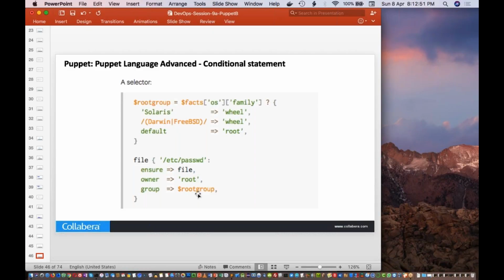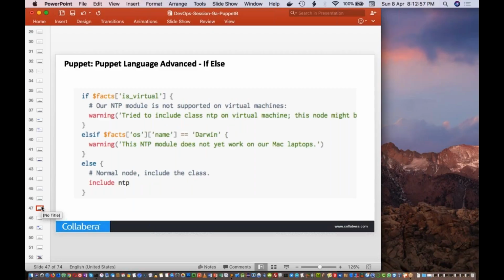And you can use that variable inside your resource. Also there are a lot of things that you can do with Puppet variables and resources. Like a normal programming language, whatever you have with looping, conditions, cases, all those things you'll be able to use with the help of Puppet.